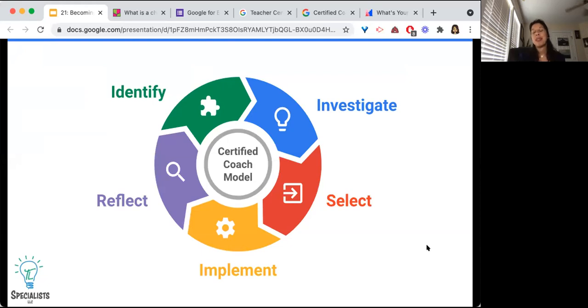Yeah, one of the things that comes to mind with this 5-step model is that it's very similar to design thinking. With design thinking, there's a layer of iteration and testing, like with the prototyping, the implementing, the investigating, so working with the educator to figure out what the problem is. So identifying would be the same, there would be empathy in there. And so both models are very similar to one another.